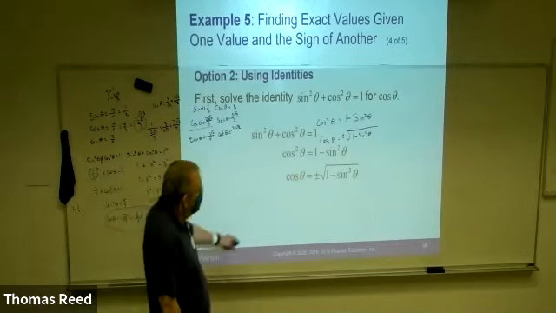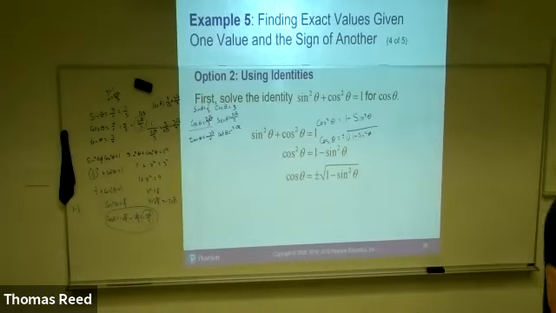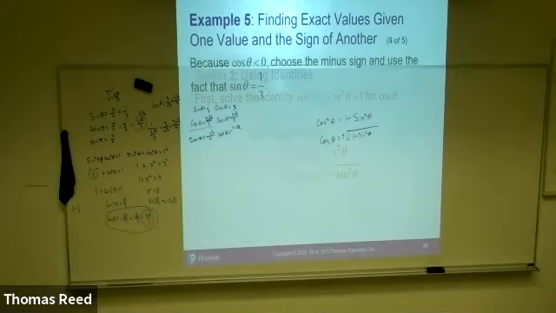Please notice we have to throw in the plus or minus, because we don't know what quadrant we're talking about. So it could be positive or it could be negative. It all depends on where theta winds up. Okay, so because cosine is negative,